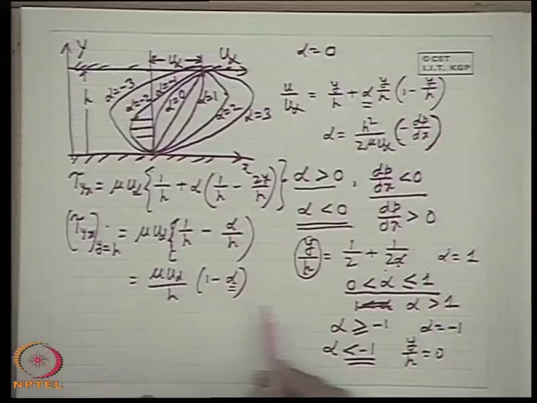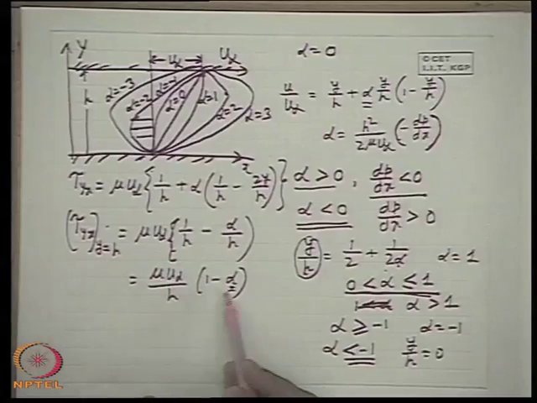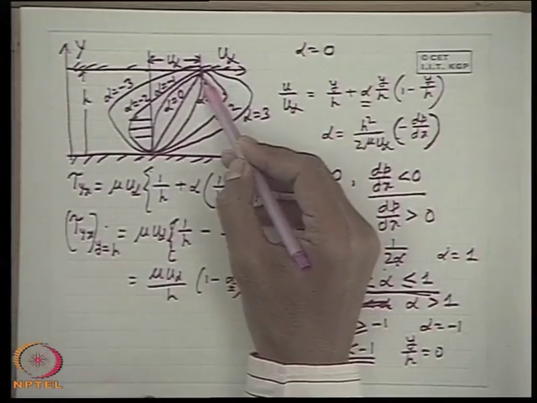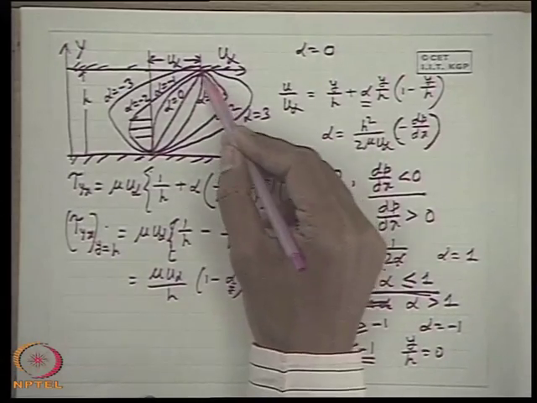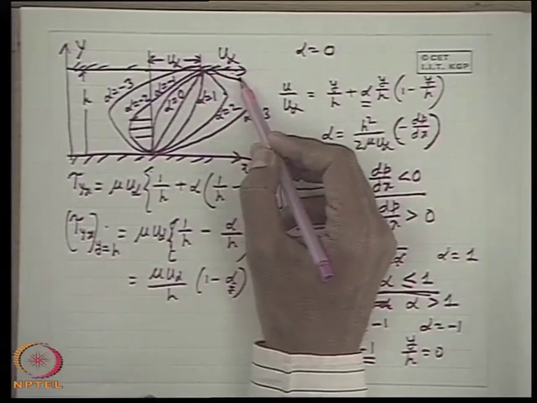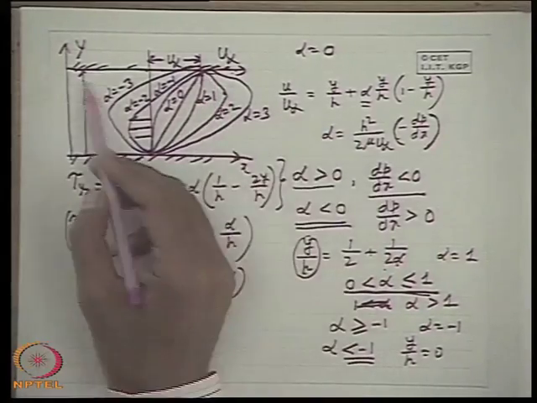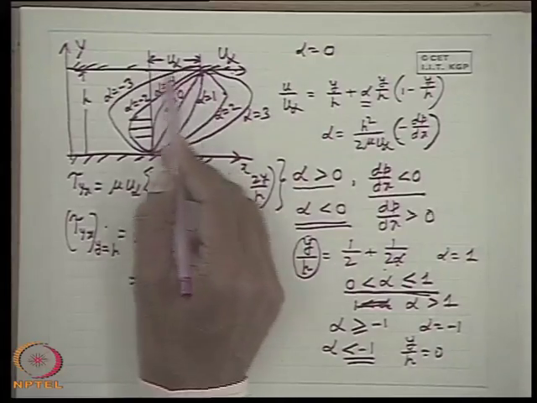So you see, when alpha is less than 1, alpha between 0 and 1, in this regime this shear stress is positive. Alpha is equal to 1, shear stress is 0, this curve. From the curve itself it is clear, and when alpha is greater than 1, the shear stress goes on changing its direction. What does it mean? That means when alpha is equal to 1, there is no shear stress. That means the moving plate doesn't experience any drag force.